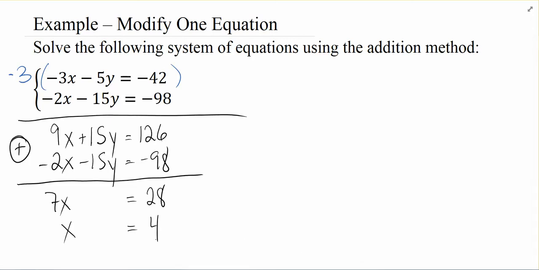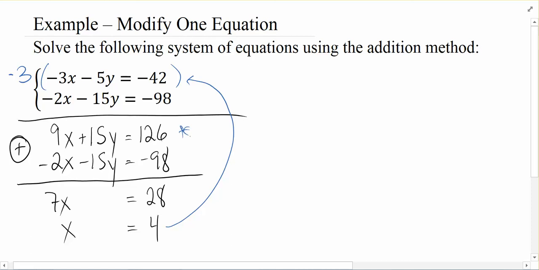Now, as far as where we plug this back in, we can plug it back up anywhere above here. Our goal is to solve for y. So wherever we want to plug it back in to solve for y, we can. Now, I'm going to go ahead and plug it back in the original, but we could have plugged it in to the second equation. We could have even plugged it into our modified equation, because the modified equation was still true. We had multiplied both sides of the equation by a value. That doesn't change whether it's true or not. It's still a good equation.